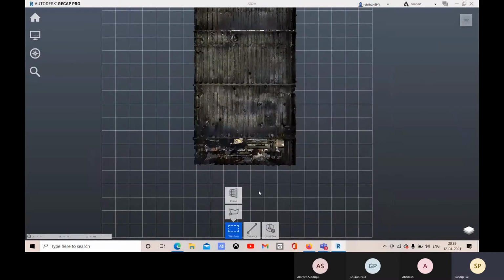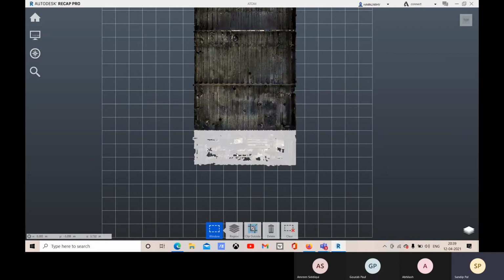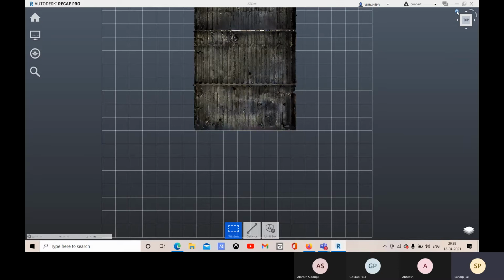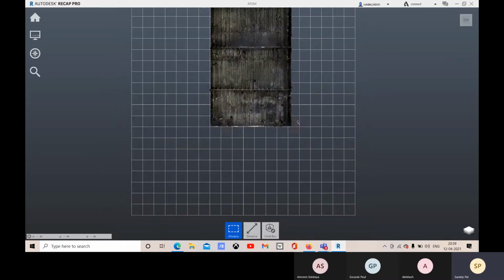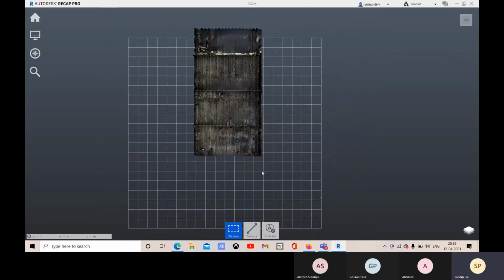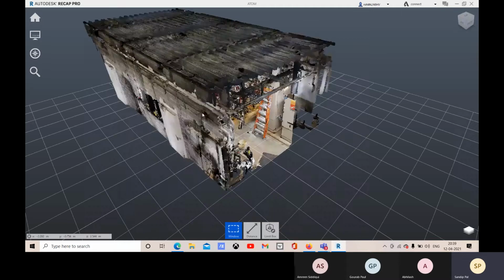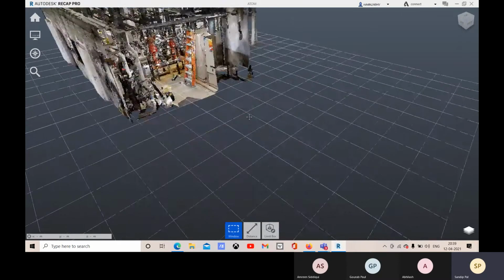Let me clear the selection and select it again here. If I don't need this part, I can go for delete. The lesser amount of point cloud there is, the easier it is to process and the faster to work with. So if you don't need any part, you can just delete it like that.